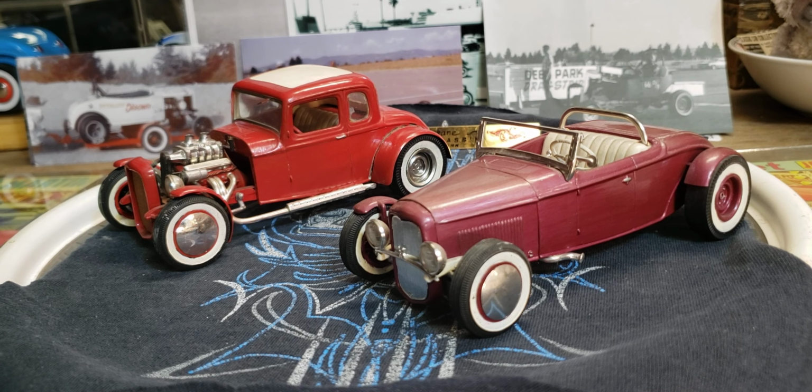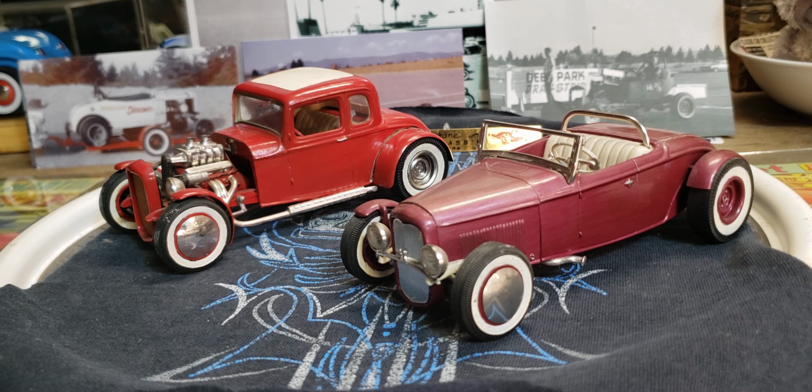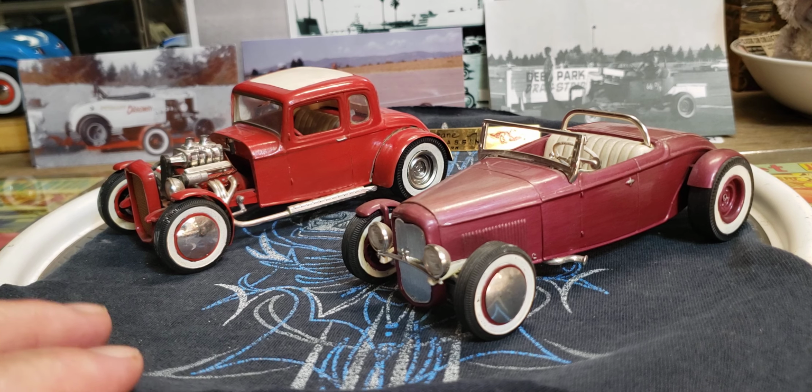Let's do our little trip back in time for this week. We're going to continue with my favorite survivor builds that I have collected, or vintage builds, however you want to call it. We did the 49 Ford and that Studebaker that are pretty special for me because those are from the original builder, and I actually emailed him back and forth and talked with him a little bit. And these are my favorite